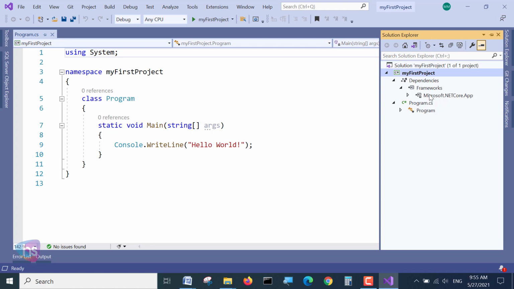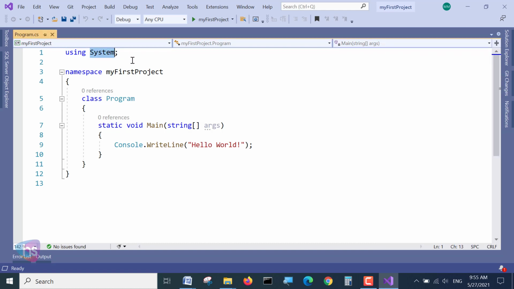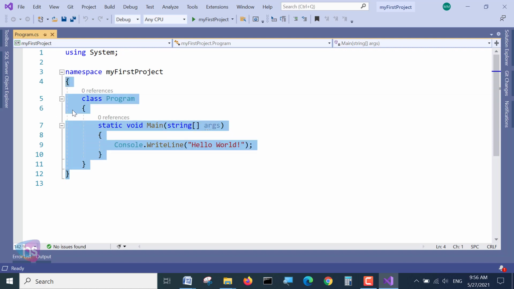All C Sharp files are created with the extension .cs. Here in this program.cs, there are almost 12 lines of code. One namespace is used, using System, and the namespace of my project, my application, with curly braces: an open and an end curly brace. If there is an open brace, there is an end brace in the C Sharp program, which means a particular block of code. In very simple terms, it's a block of code.